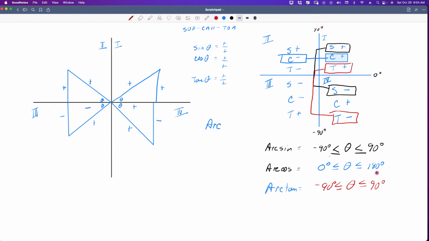We didn't have a choice with cosine. If this had been negative, we would have gone down here. But it's not. So it's the only one that has to go over here into the bigger numbers. We prefer to keep our numbers smaller, right? It just helps our calculations. And since we already have a pattern here with sine, it makes sense to stay with that same pattern for tan because we don't have to change as much, okay? We're keeping our numbers small and we're following the same pattern as something else. So these are the limitations that you need to write